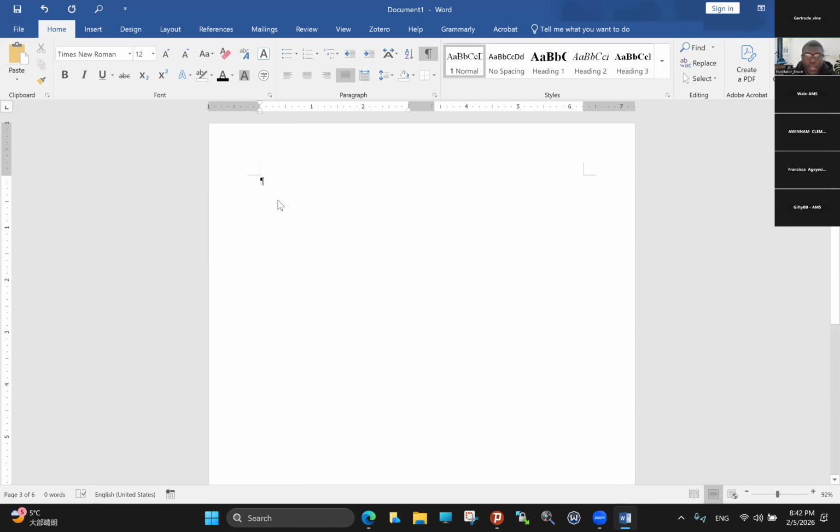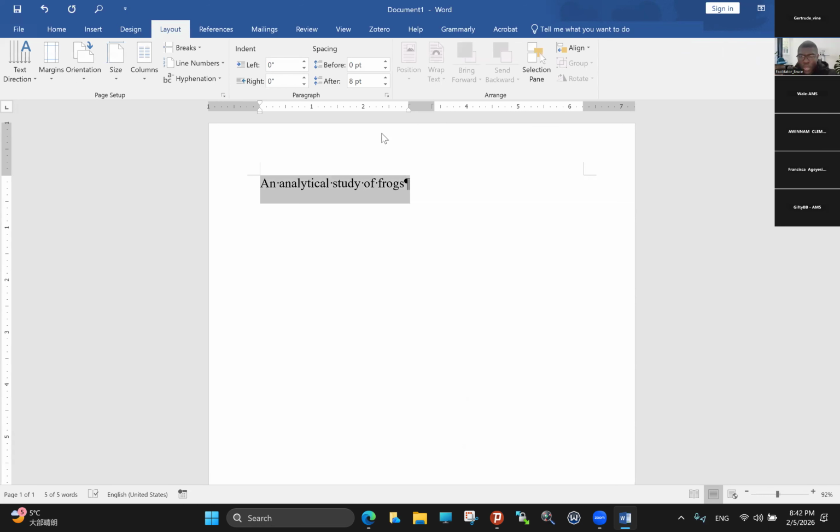Anyway, here you must make sure that the layout is 1. So I'll go to layout and check that my columns are 1. So I'm now using the whole page as 1. I'll center this, bold it, and use 16, for example, Analytical Study of Frogs